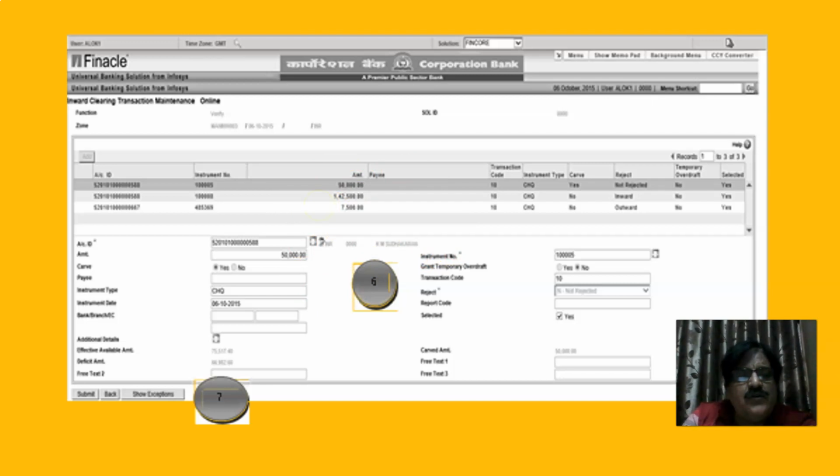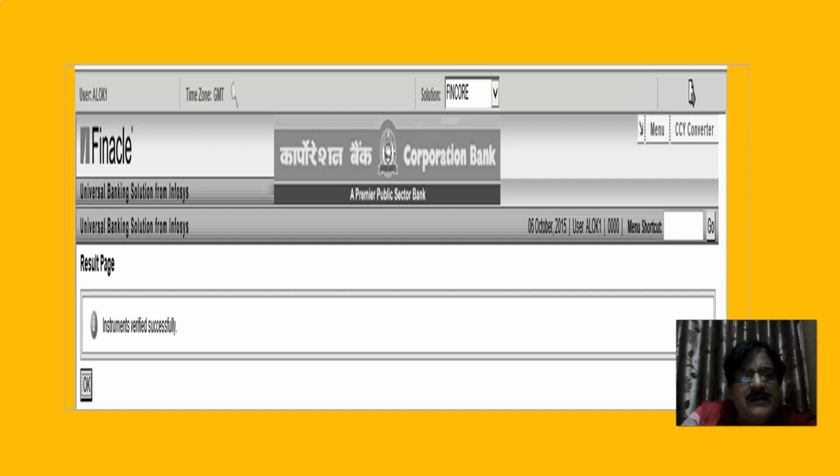The bottom half shows the detail, which is masked at the upper level here. This one, first one, right? You can see here this one, first one. So as the cursor is here, this is the detail. Now when you bring the cursor down again to the second instrument, all this data will change as per the entry made in that instrument also, right? So one by one you can keep on checking it, and finally the verifying officer has to submit and the instrument stands verified, right?